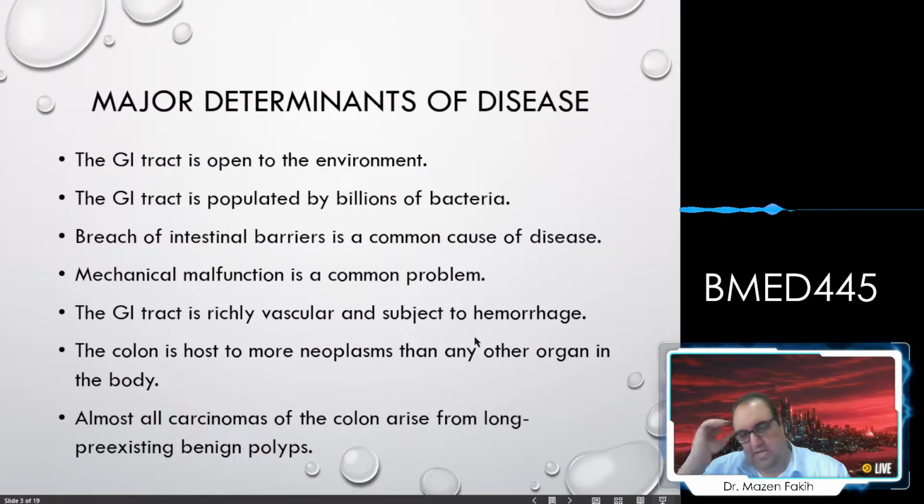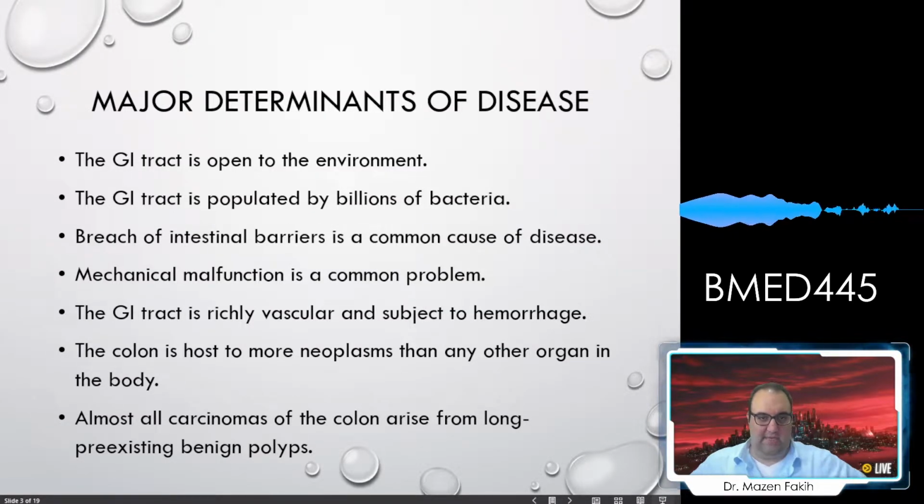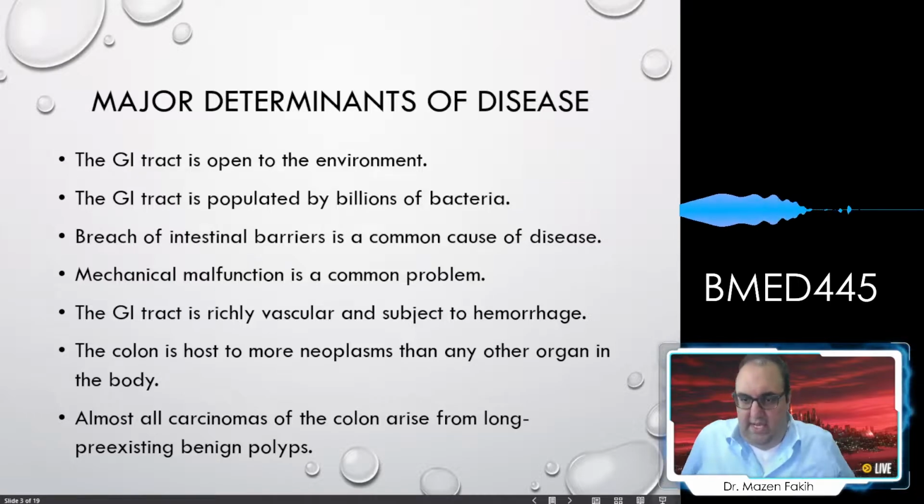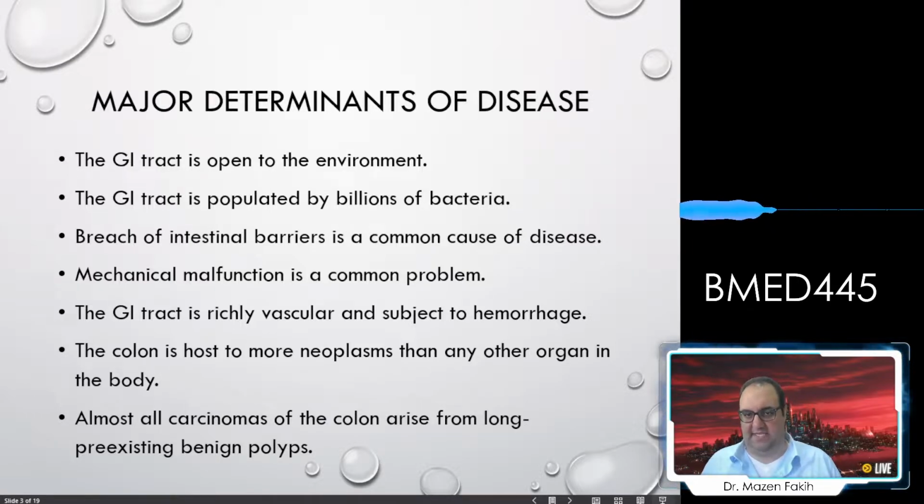Okay, so من بعد ما حكينا عن الاناتومي صار فينا نحكي عن what we can call the major determinants of the disease. لأنه الجي اي تراكت على عكس باقي الأورجنز أولا it is open to the environment. كل شيء from the environment whether we want it or not مرات بننتهي ماكلينه. تانيا على عكس اللنجز are open to the environment بس مش مثل الجي اي تراكت في عنا billions of bacteria